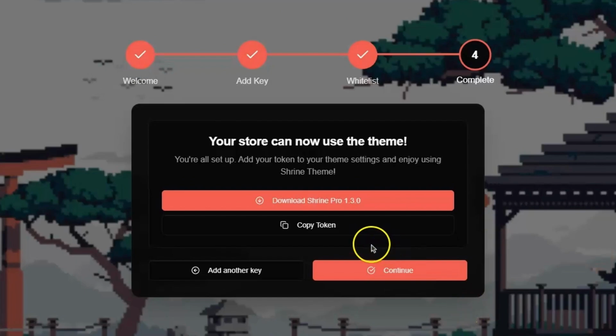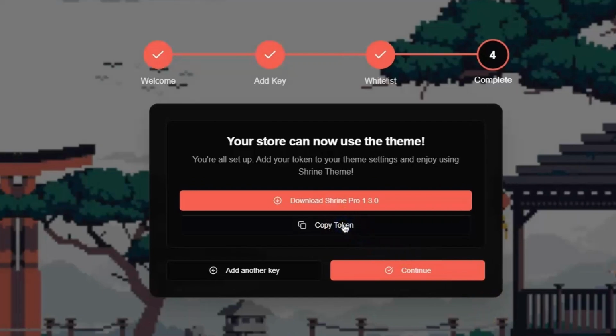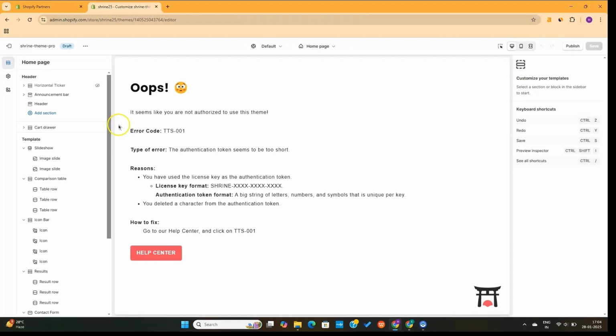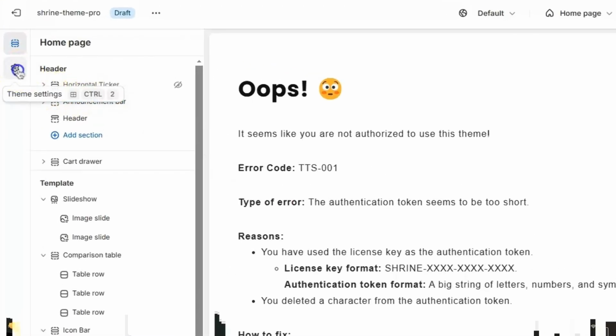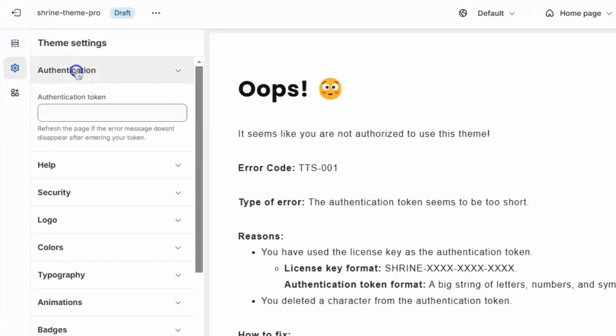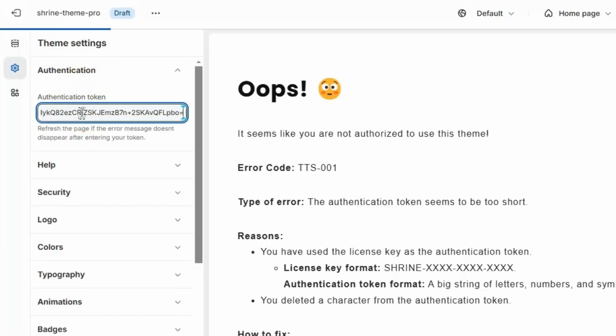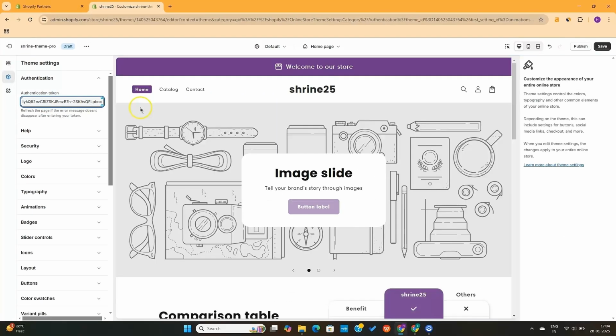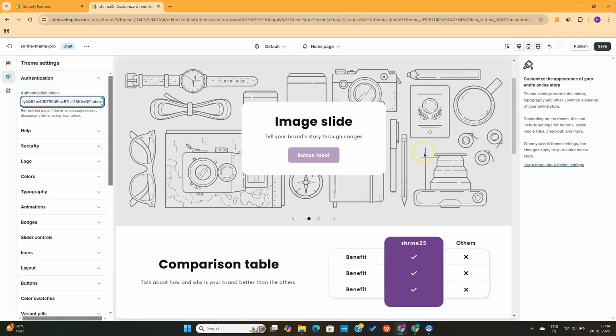Here, click on this Copy Token button. Next, go back to the Shopify dashboard and then click on this little icon on the left. Now, go to Authentication and then simply paste the token. This will give us complete access to the Shrine theme, and now we can easily customize each and every section